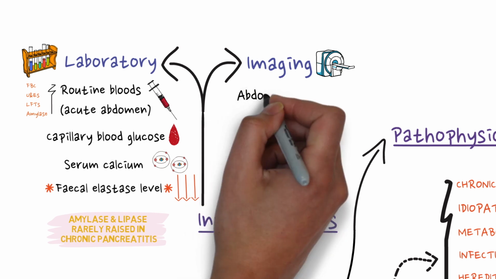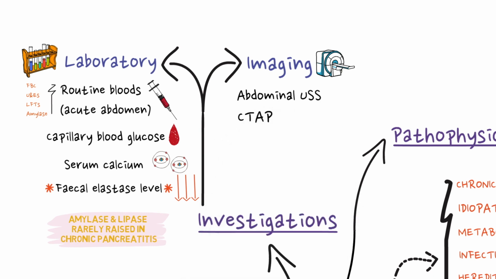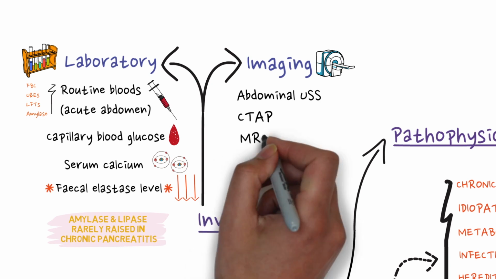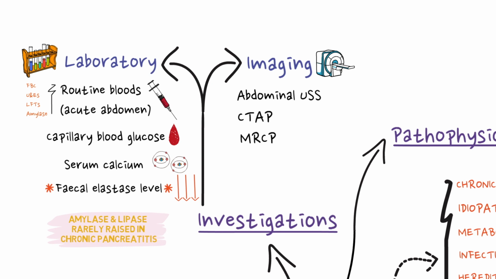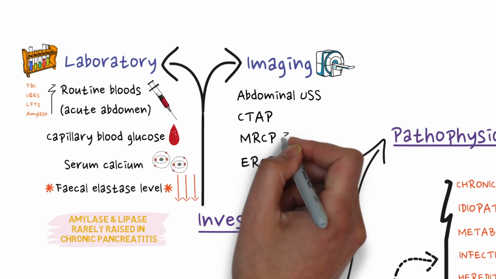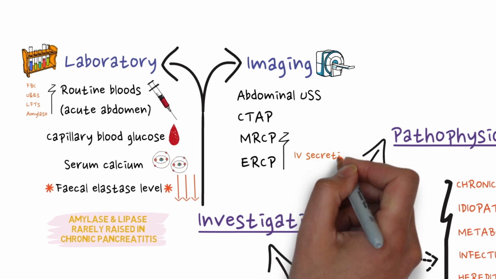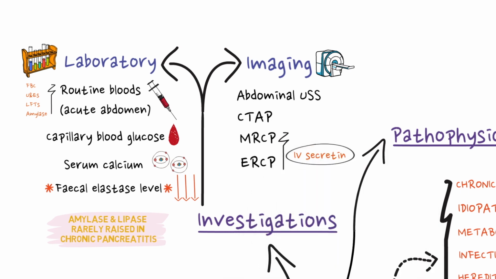With regards to imaging, ultrasound and CT abdopelvis can highlight other intra-abdominal pathology, with CT scans also showing any calcification and stone formation. MRCP is good for assessing the pancreatic duct, as well as any concurrent biliary disease. It is still unlikely to pick up ductal changes in small duct disease. And finally, ERCP, which has the ability to combine diagnosis with intervention. In both ERCP and MRCP, IV secretin can be given. This stimulates the pancreas to produce a bicarbonate-rich fluid, which then travels through the ducts, hence further highlighting any abnormalities,